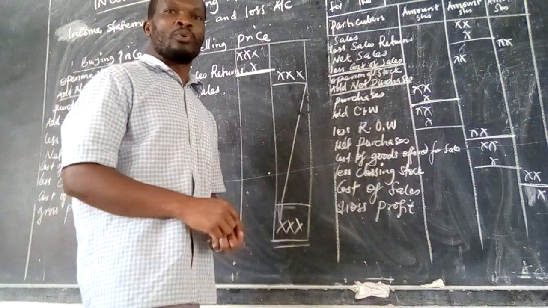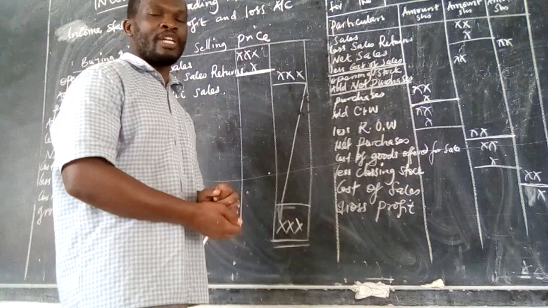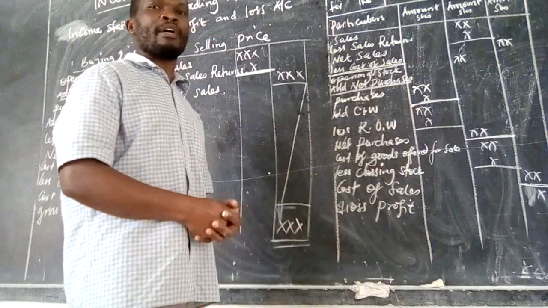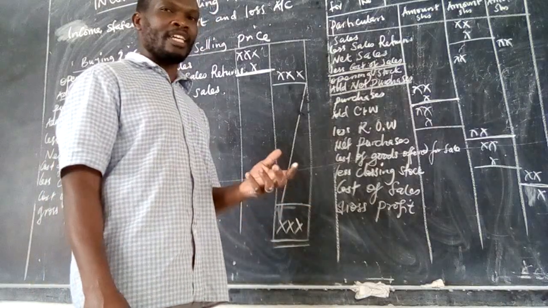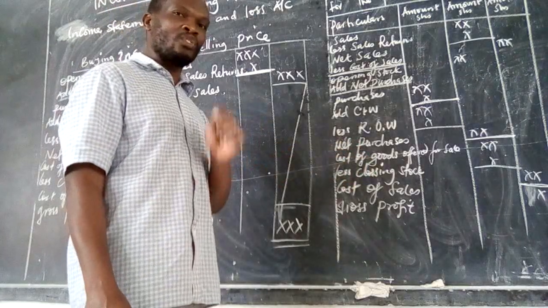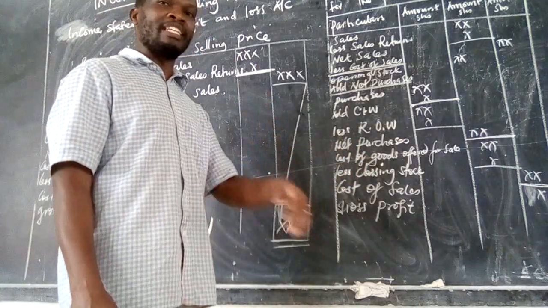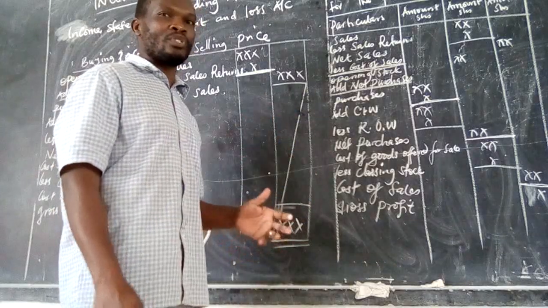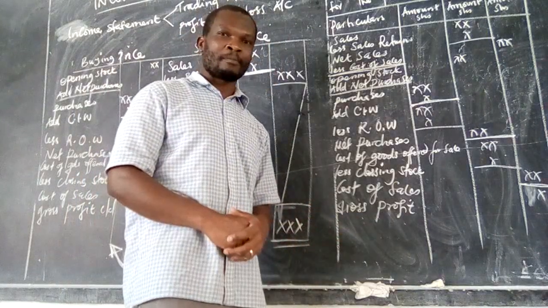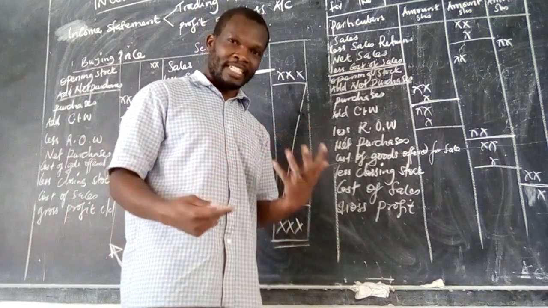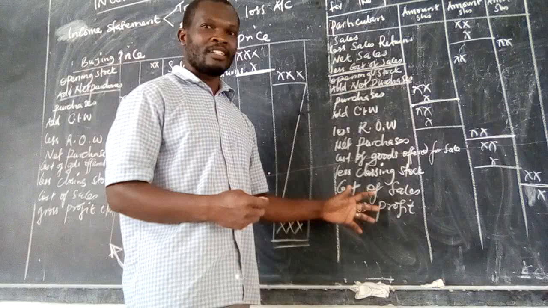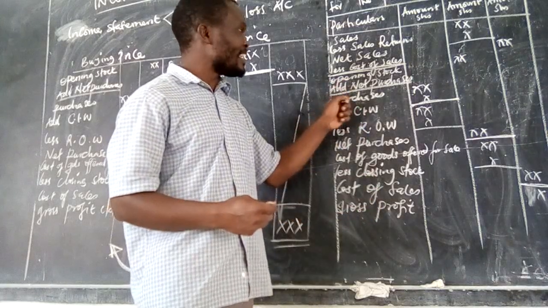Remember, somewhere in your lower classes, you say selling price minus buying price equals profit. But here that formula was communicated in the trading account. And that profit is gross profit, before the entrepreneur pays taxes and other expenses used in the business. So this is how we get that profit. Take time. This is a lot. Most of the marks are scored within this, and most of the challenges are here.